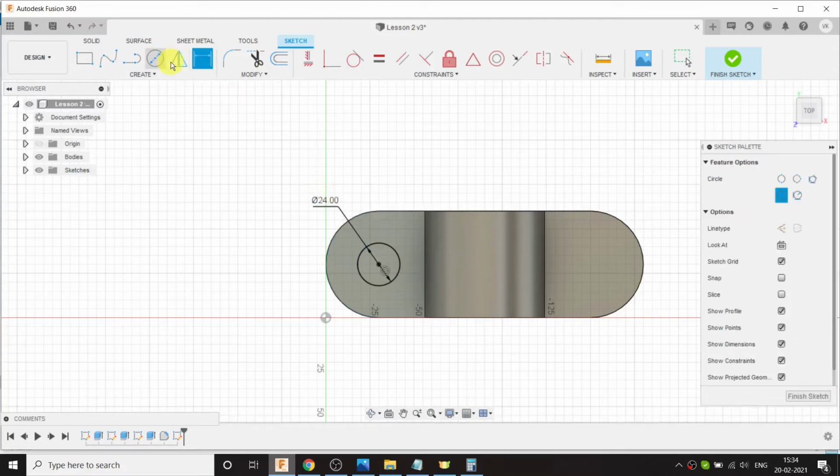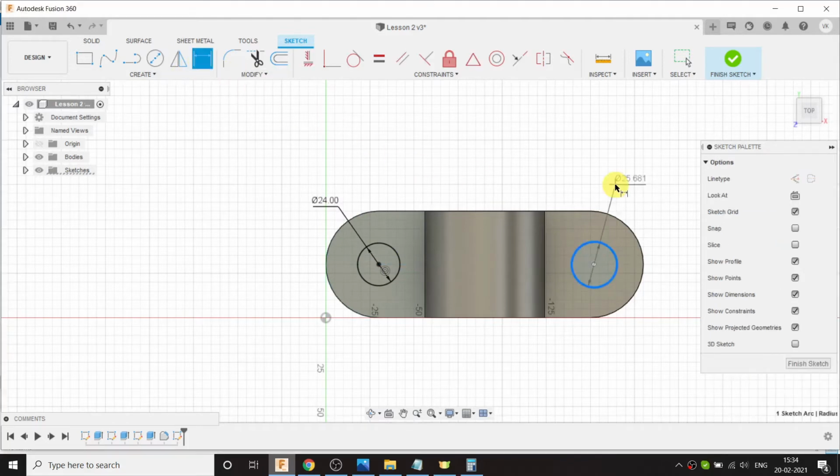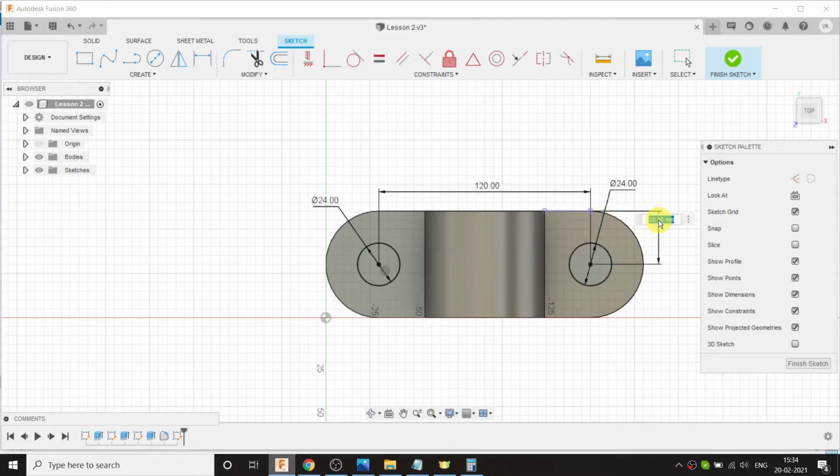Again go to circle tool and create a circle here. Give the diameter as 24 mm and center to center distance as 120 mm. Give this distance as 30 mm.